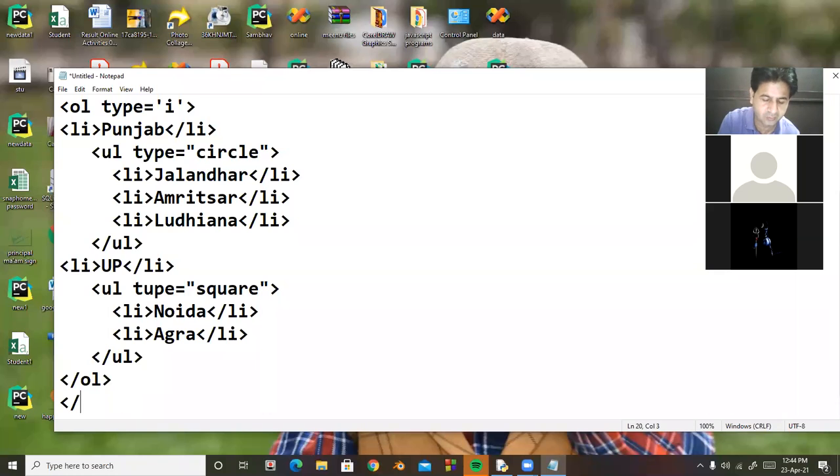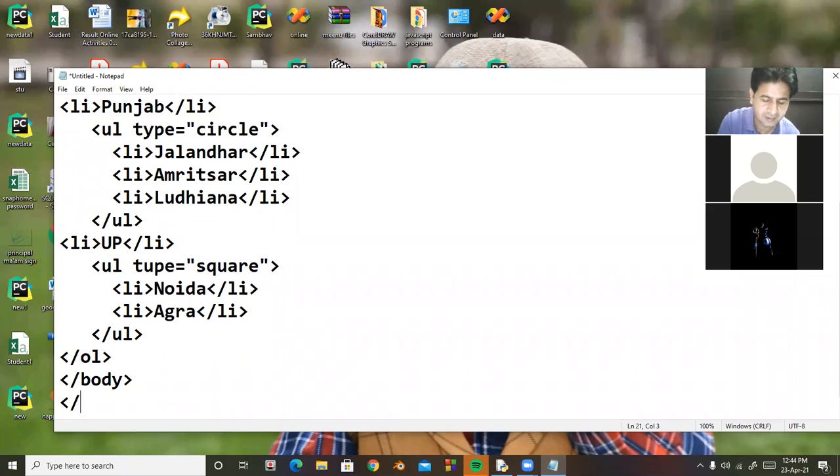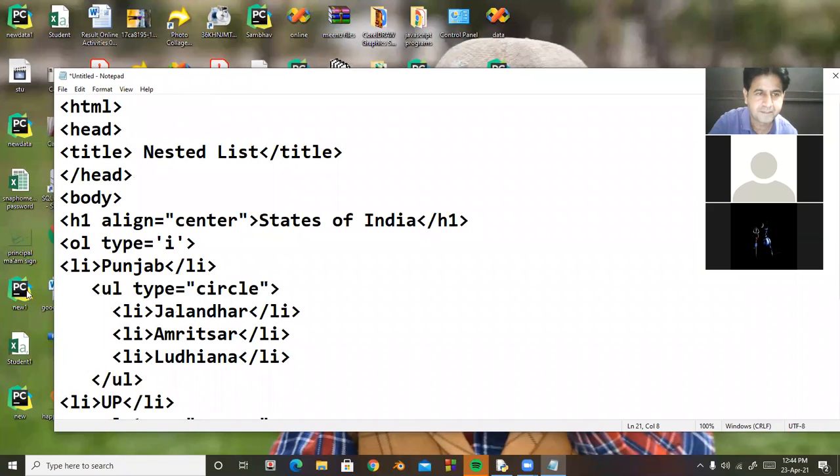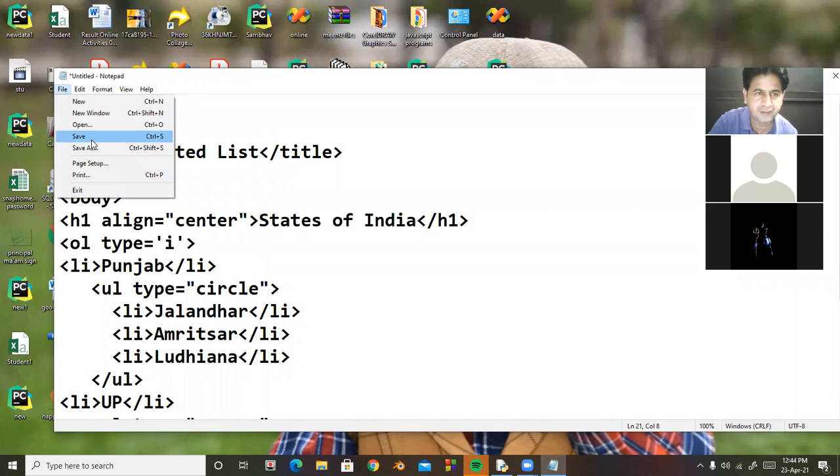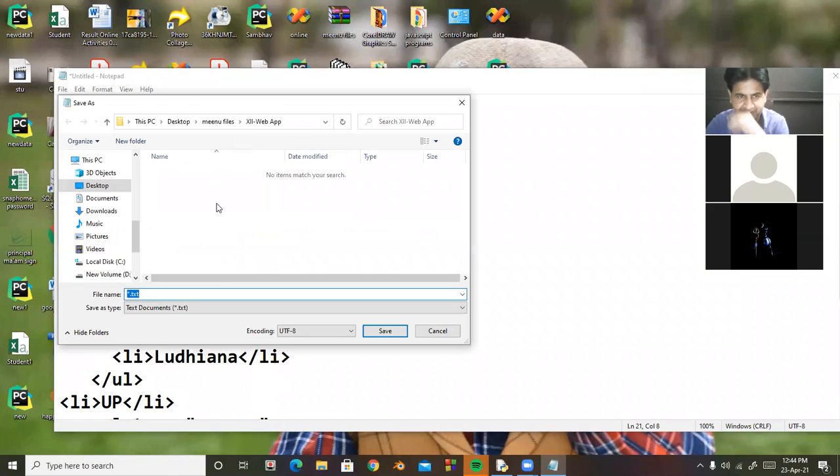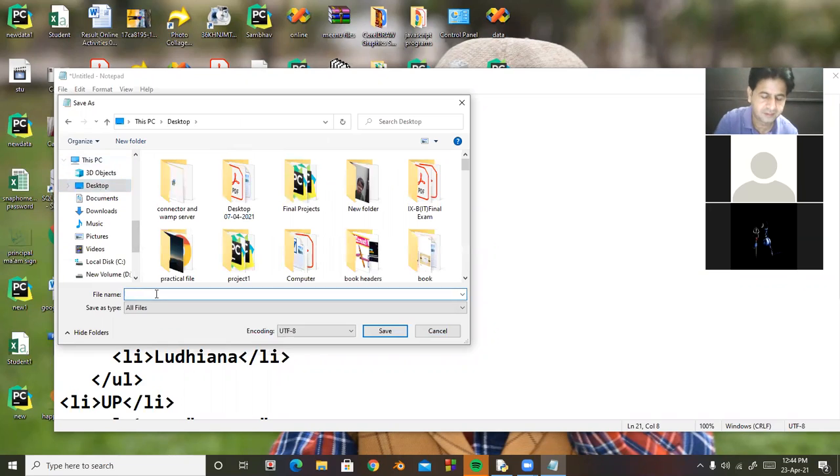After that, I close the body tag and then the HTML tag. I'm saving the file on the desktop with the name list.html.